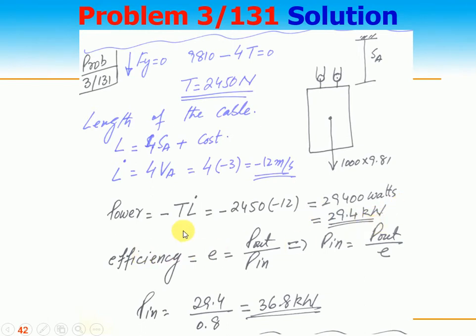Now this is the power developed by this. What is the input power? This is the power output required. What is the input power? As efficiency is P out by P in,